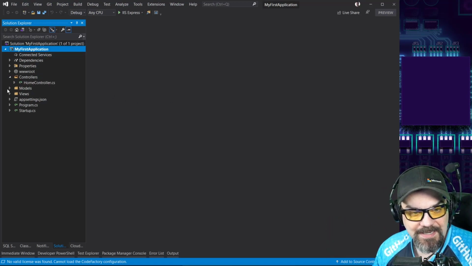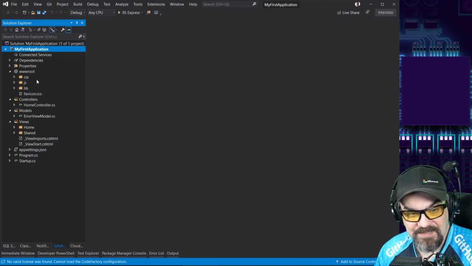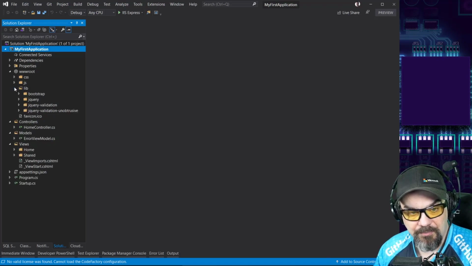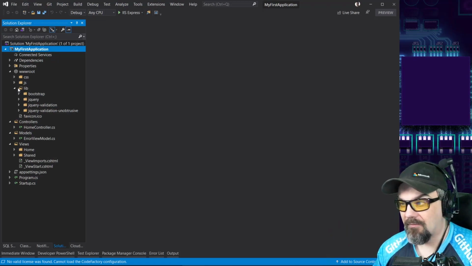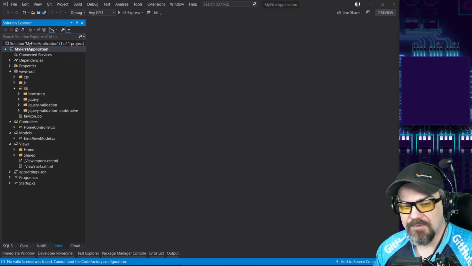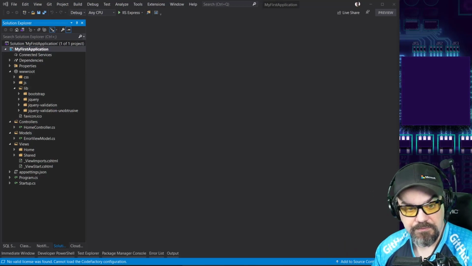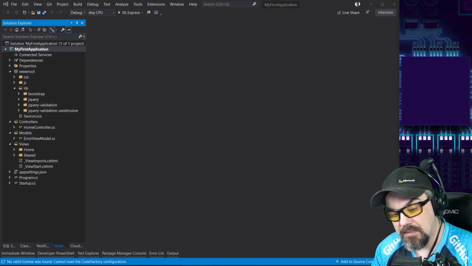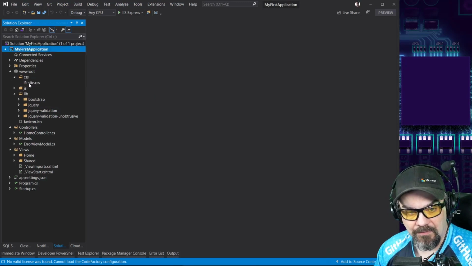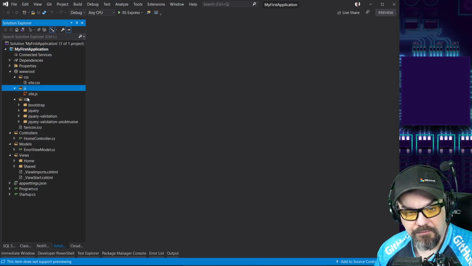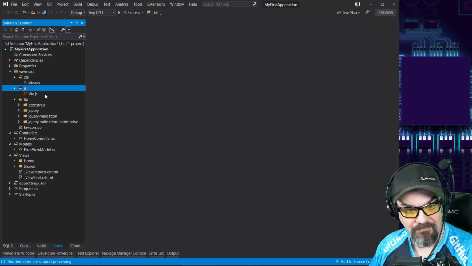So here I am in Visual Studio 2019, and it's already got my Solution Explorer open on the side there. I can see I have my wwwroot folder, just like we had last time, that has CSS files, JavaScript files, and some libraries. It comes with some older libraries that have been around and are well used, well loved: Bootstrap and jQuery, that you can use, and they're continuing to be supported, and a lot of folks enjoy using. So our CSS for the site is here. Our JavaScript for the site by default is right here,